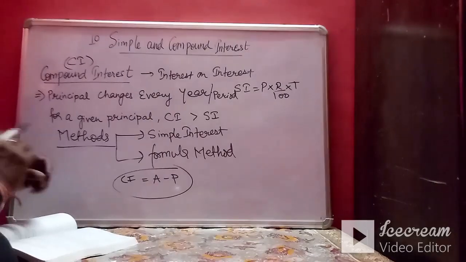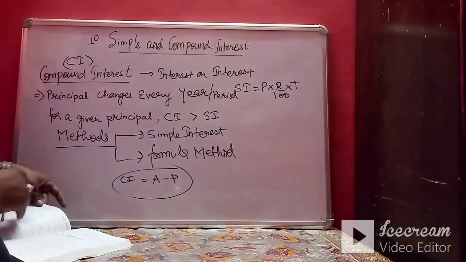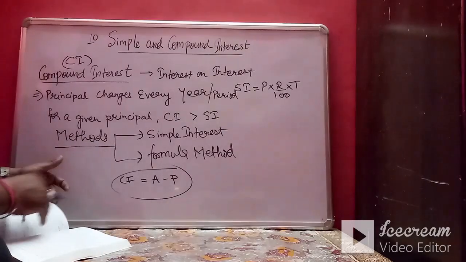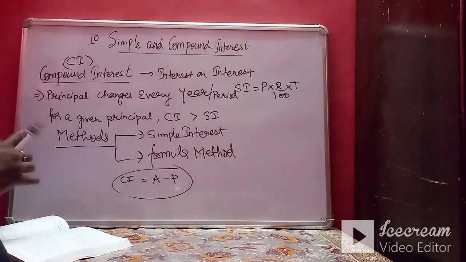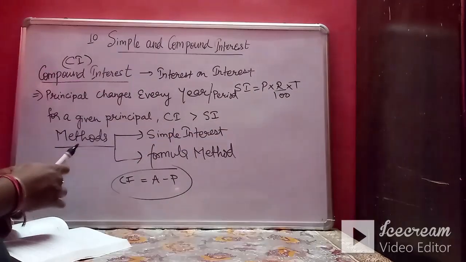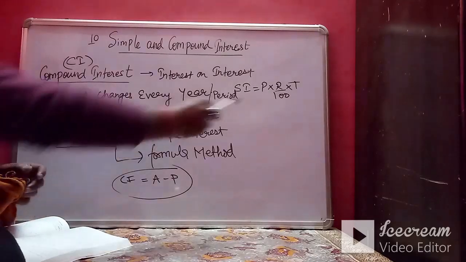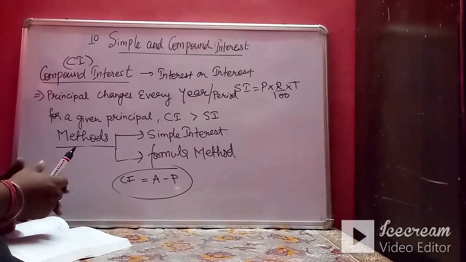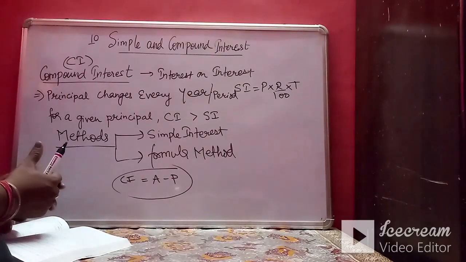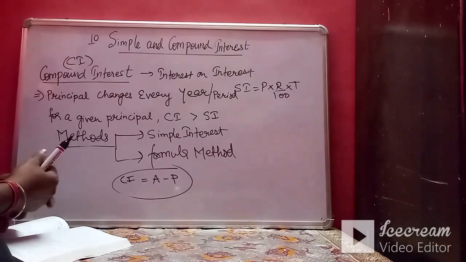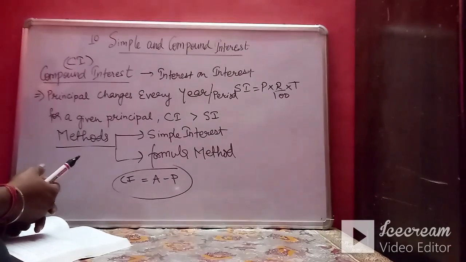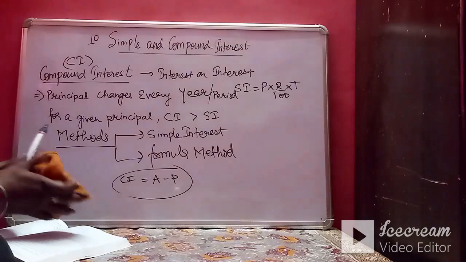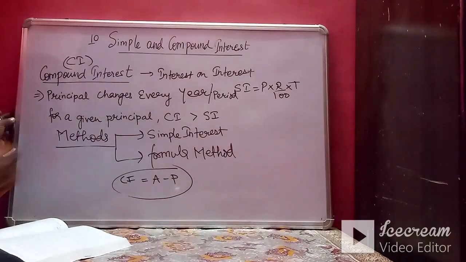First of all, we will discuss how to calculate compound interest using the simple interest method. The things that we need to remember: we will use this formula very frequently in those questions, and we will substitute T with the one period. If the rate of interest is per year or per annum, time will always be 1 year. If the rate of interest is semi-annual or half-yearly, time becomes 1/2, and if the rate is quarterly, time becomes 1/4. So let's solve a few problems.